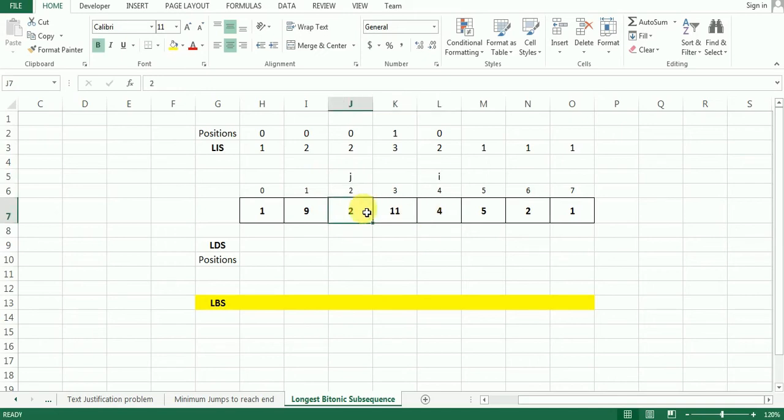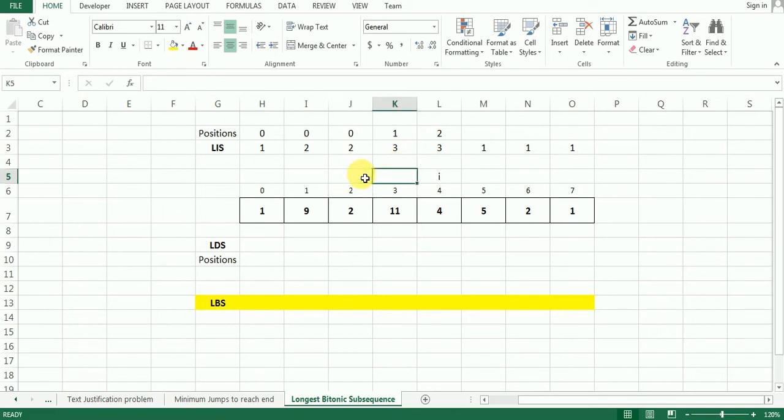So what is going to happen? We are going to add 1 to this value. We'll get 3 as the result. Okay, 3 is greater than 2. So I am going to update 3 over here, and the address which will be updated over here will be 2 because we have 2 over here. All right.